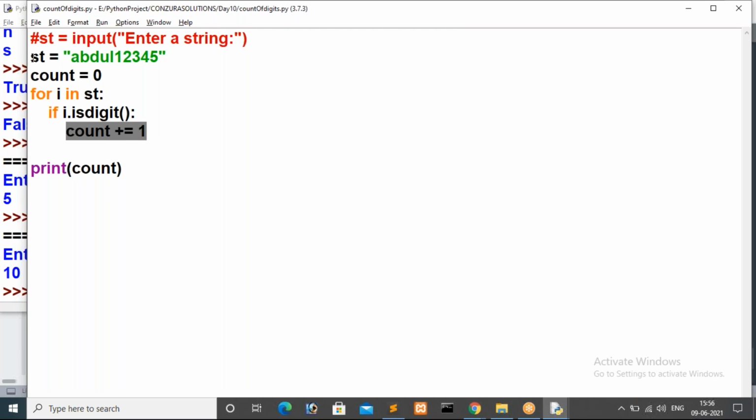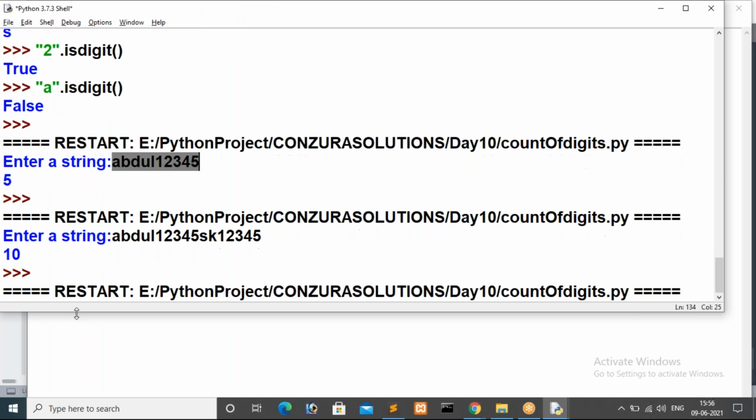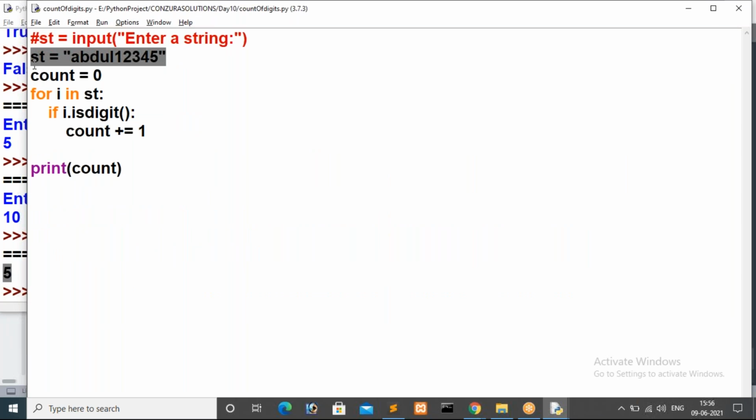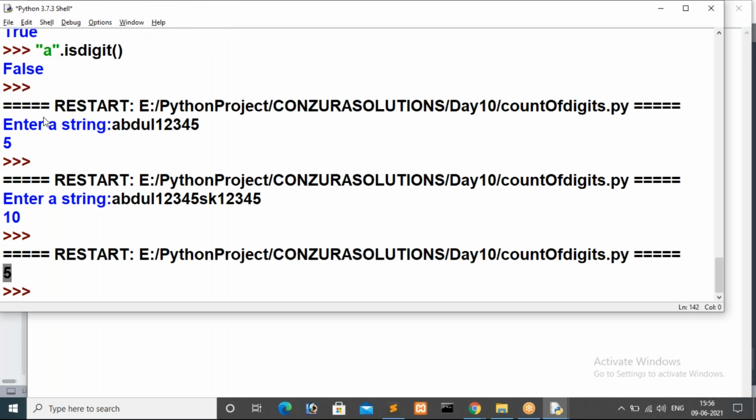So you just observe, here I'm not changing anything. I'm giving a static string to you. Run module. So count is 5. Now I'm going to change it, instead of taking a static value, we are making this dynamic. Whatever string we get from the user at runtime, we have to print the digits count. So I'm saving this and giving it again.